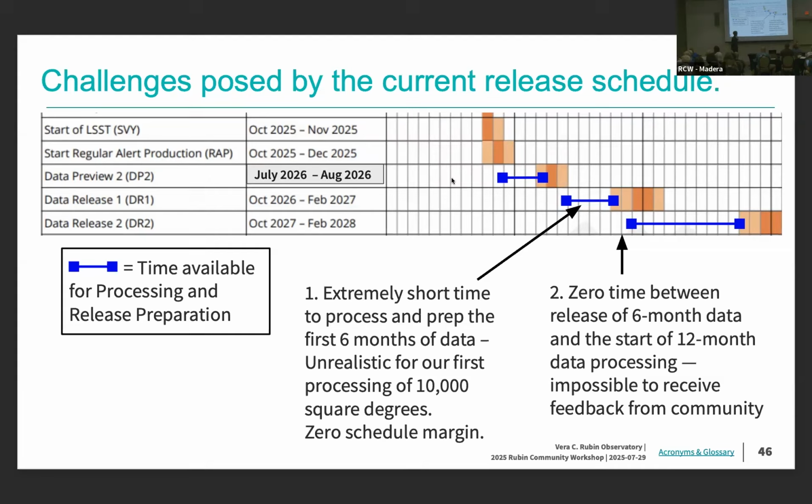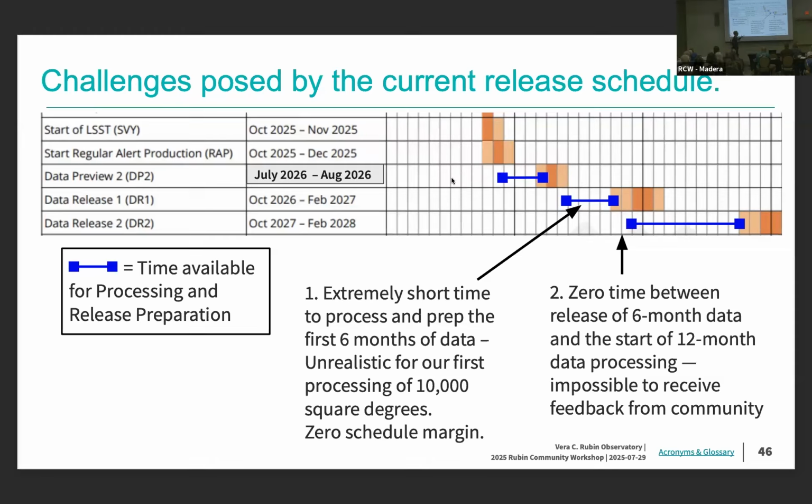And that's just very difficult to meet for really what's going to be our first processing of a large scale data. So this is a big increase over Data Preview 2. So there's a lot of processing to do in a very, very short time frame. And you can kind of see here, I've highlighted when we need to be doing processing in order to meet